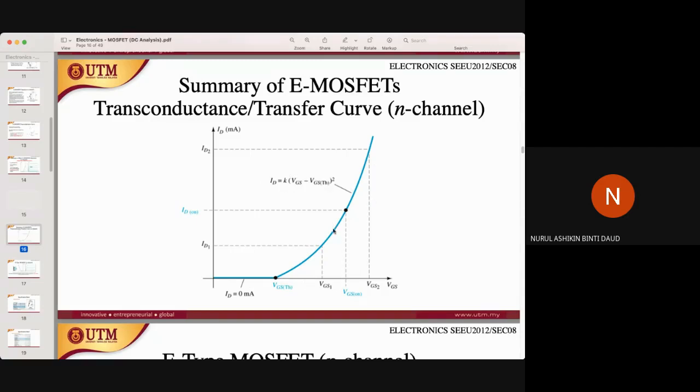And from this graph too, you can identify the threshold voltage for the device to turn on. And from here too, later you can draw the load line, which we're going to look at later on, how to draw the load line, and then at the cross of the load line,